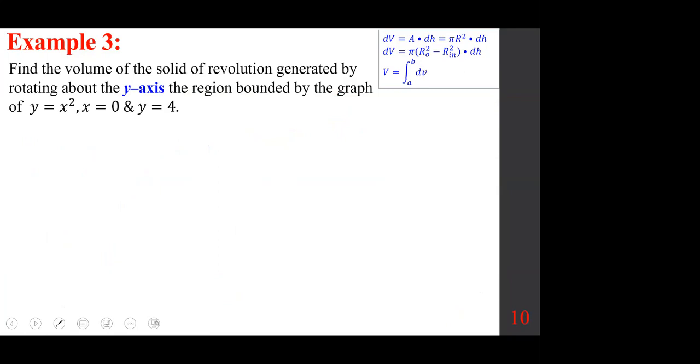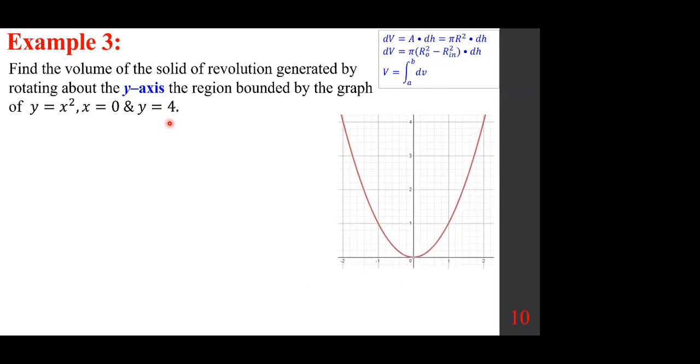Now we have a situation where we want to do the same thing, but this time we're going to go around the y-axis. So we want to find the volume of a solid of revolution generated by rotating about what? The y-axis, and here's the situation: y equals x squared, x equals 0, y equals 4. So the very first thing, let's graph. So here's our graph. Okay. So y equals x squared, x equals 0, and y equals 4. This is x equals 0, y. In other words, if I were to shade the region, class,